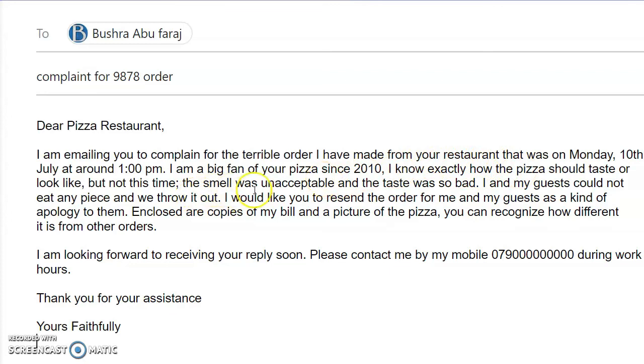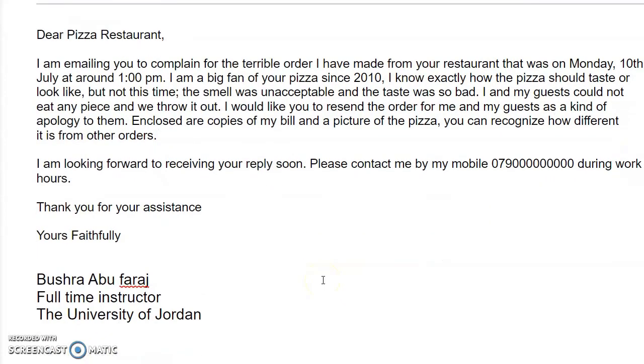Then say what happened, what is the real problem that you faced. It's good to have a suggestion for a solution, since the solutions that you've made were not successful. Then if you have some attachments, just to ensure your complaint, say that you've made an attachment that ensures your problem. And by the end, ask for a response. It is necessary to ask them for a soon reply, and how to contact you, just to follow up with you, and thank them for their assistance by the end,